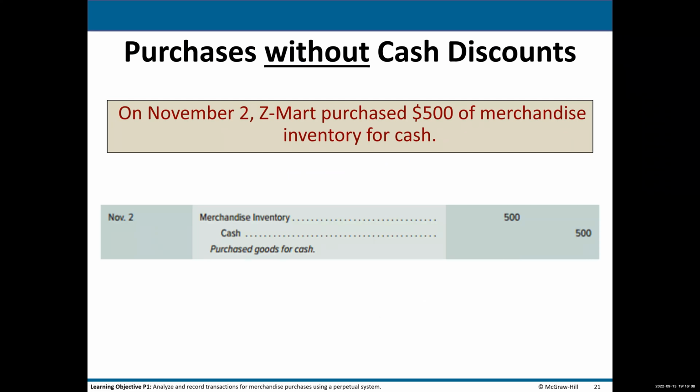Purchases without cash discounts. Okay, we're not going to get a cash discount. Makes it easy. All right, on November 2nd, Z-Mart purchased $500 of merchandise inventory for cash. This is so simple. Take comfort in it. You're buying an asset, merchandise inventory for $500, and you're paying cash for $500. Super simple. This is a cash sale or a cash purchase, really, for your purchasing it from your vendor. Okay, now